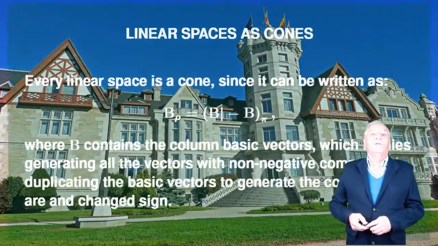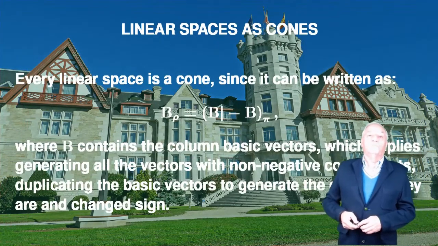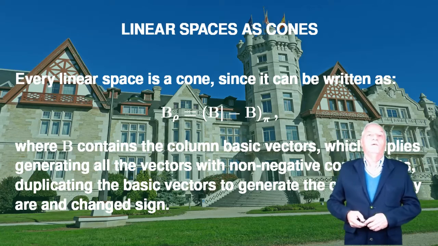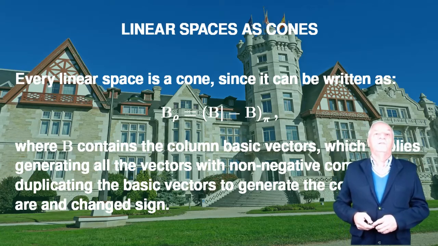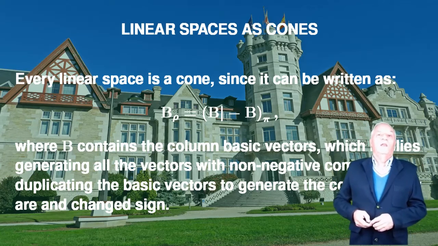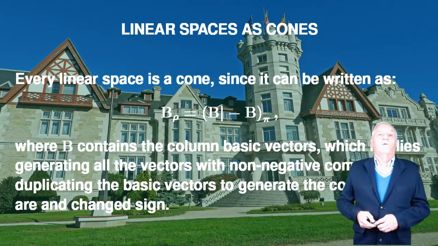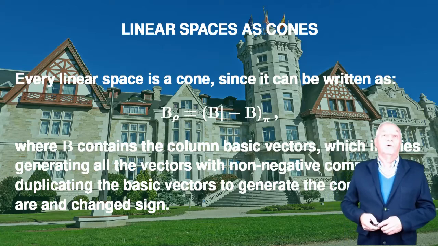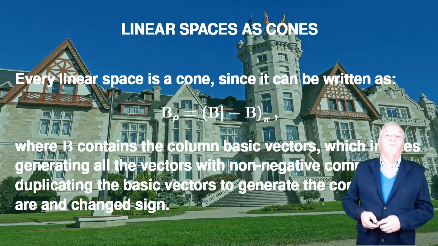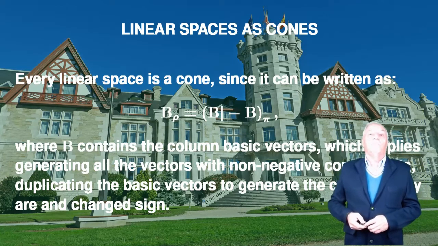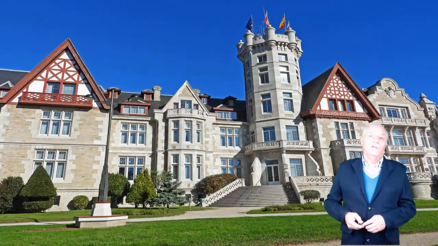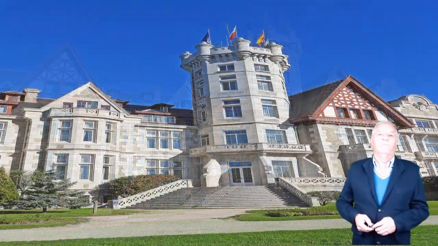It is interesting to indicate that every vector space is a cone, since it is evident that by duplicating the vectors of the basis and changing the sign of the duplicates, any vector can be generated from the basic vectors using only positive coefficients. Because if a vector has a positive component, we use the basic vectors, but if a vector has negative components, we use the change-sign basic vectors.